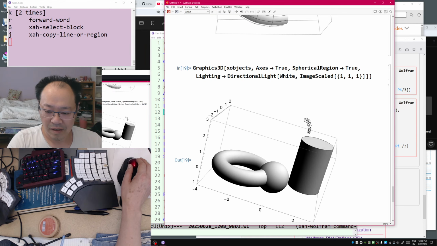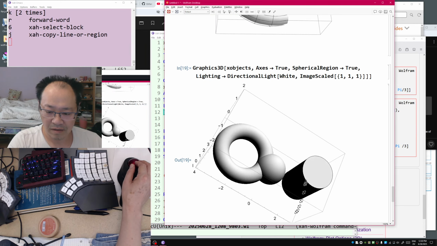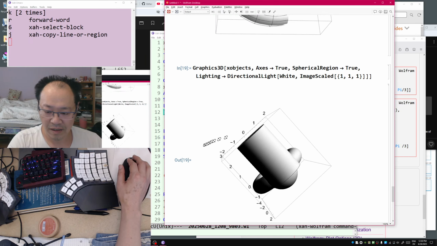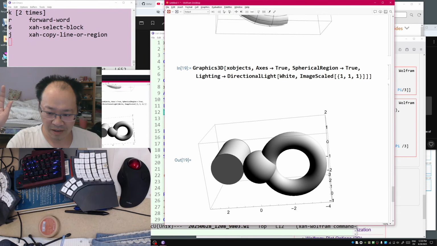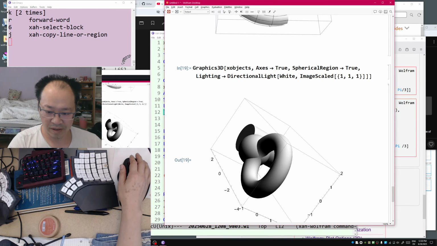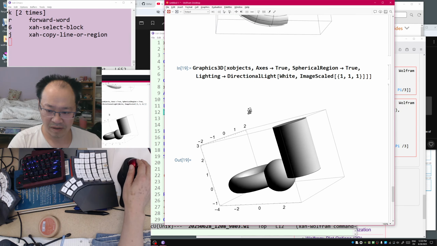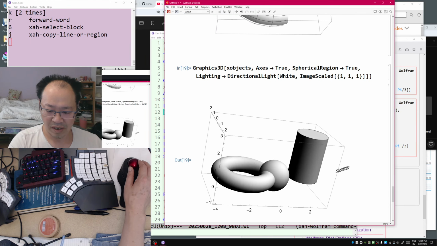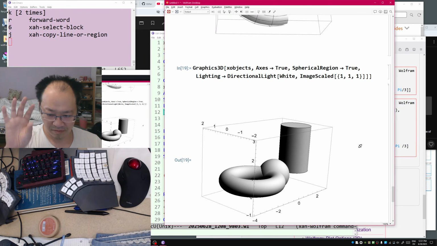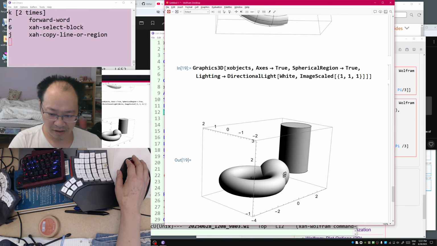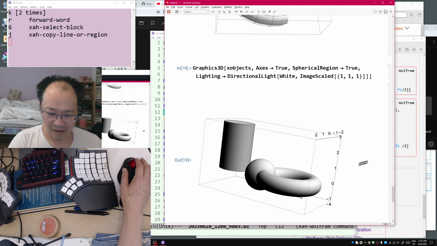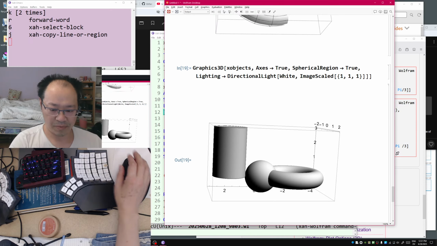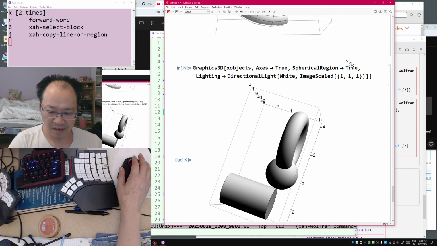Now you can see the lighting is on the right side, the upper right corner. If we rotate it, look at the sphere in the middle. You can see the light is always on the upper right hand side